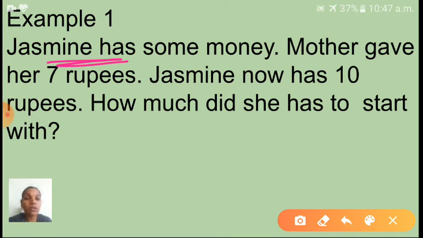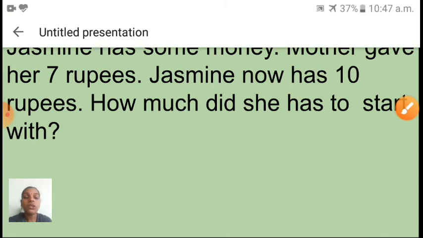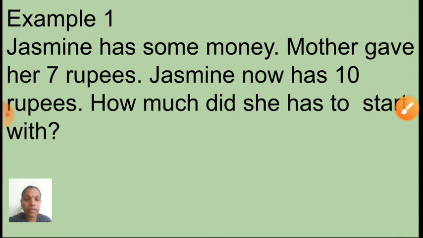Okay children, so here easily you can guess the answer, but you have to make an equation, afterwards solve the equation. Understood children? See here, so here first you have to take a variable. Which one we have to find, that we have to take as a variable. Okay children? So children, here can you say which one we have to find? Already that Jasmine had how much money, that we have to find. So Jasmine had how much money, that we have to take as the variable.